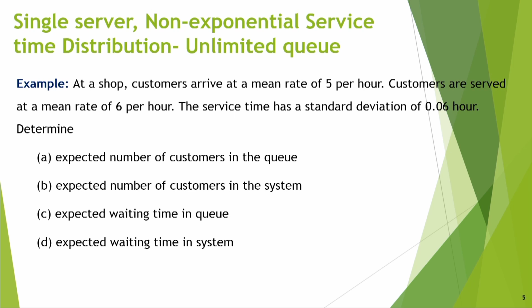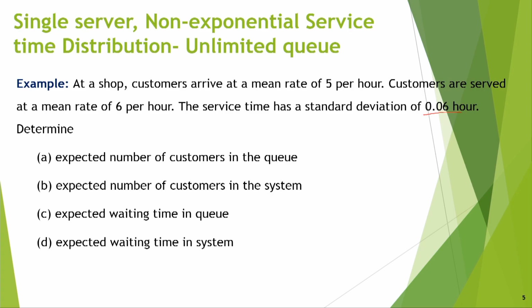The service time has a standard deviation of 0.06 hours. Suppose this is the standard deviation in the service. So that means you can find out the service time. Service time will be 1 by 6 hours, and in 1 by 6 hours there can be this much standard deviation. So the question is to determine the expected number of customers in the queue, expected number of customers in the system,